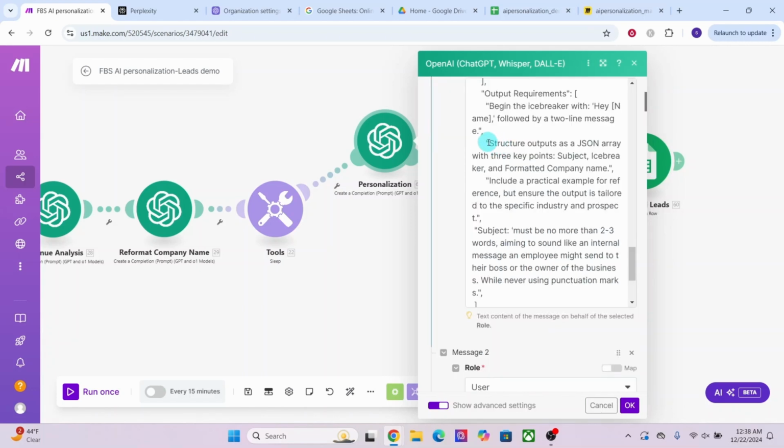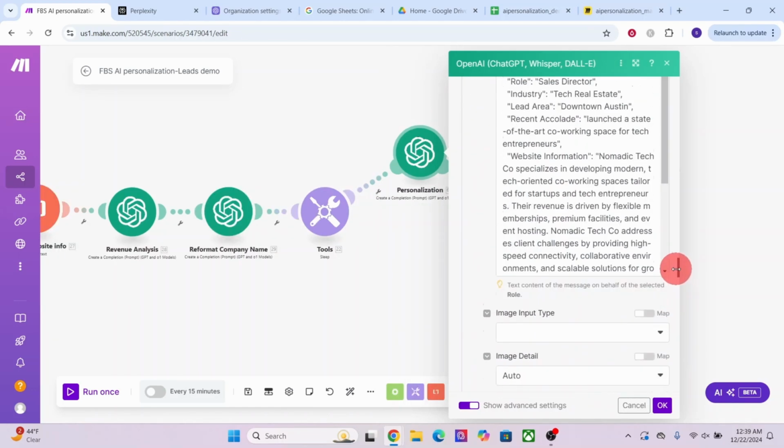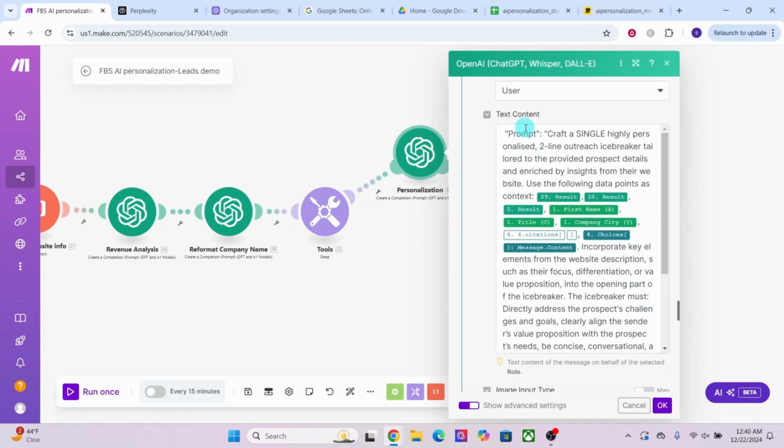Here we are saying the structure of output should be a JSON array with the 3 key pairs. It should have subject, then it should have icebreaker, then it should have the formatted company name. Again, we are saying subject should not be more than 2 or 3 words. Here we are giving few examples to ChatGPT. We gave several examples here so that it will be able to produce a quality icebreaker output. Finally, we are saying craft a single highly personalized 2-line outreach icebreaker tailored to provided prospect details and enriched by